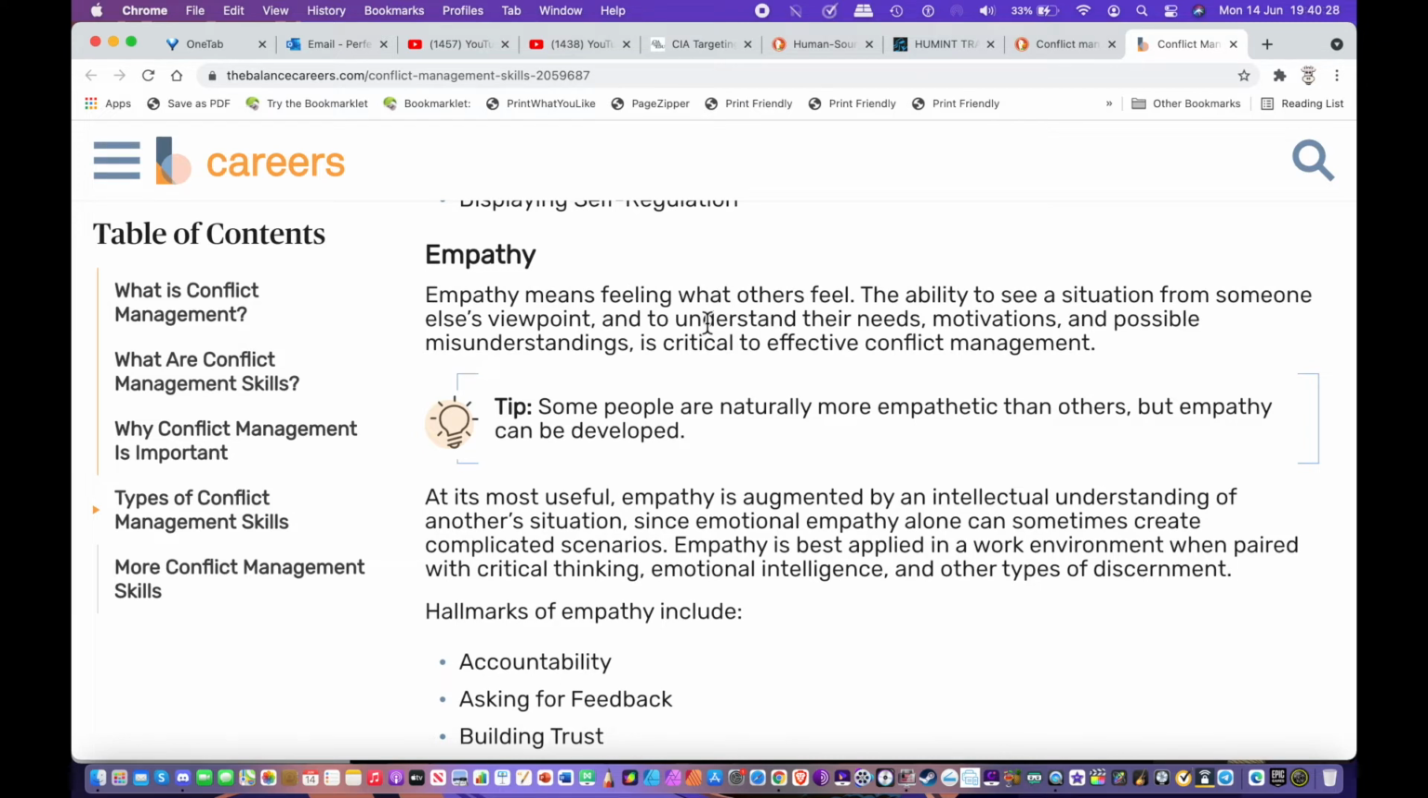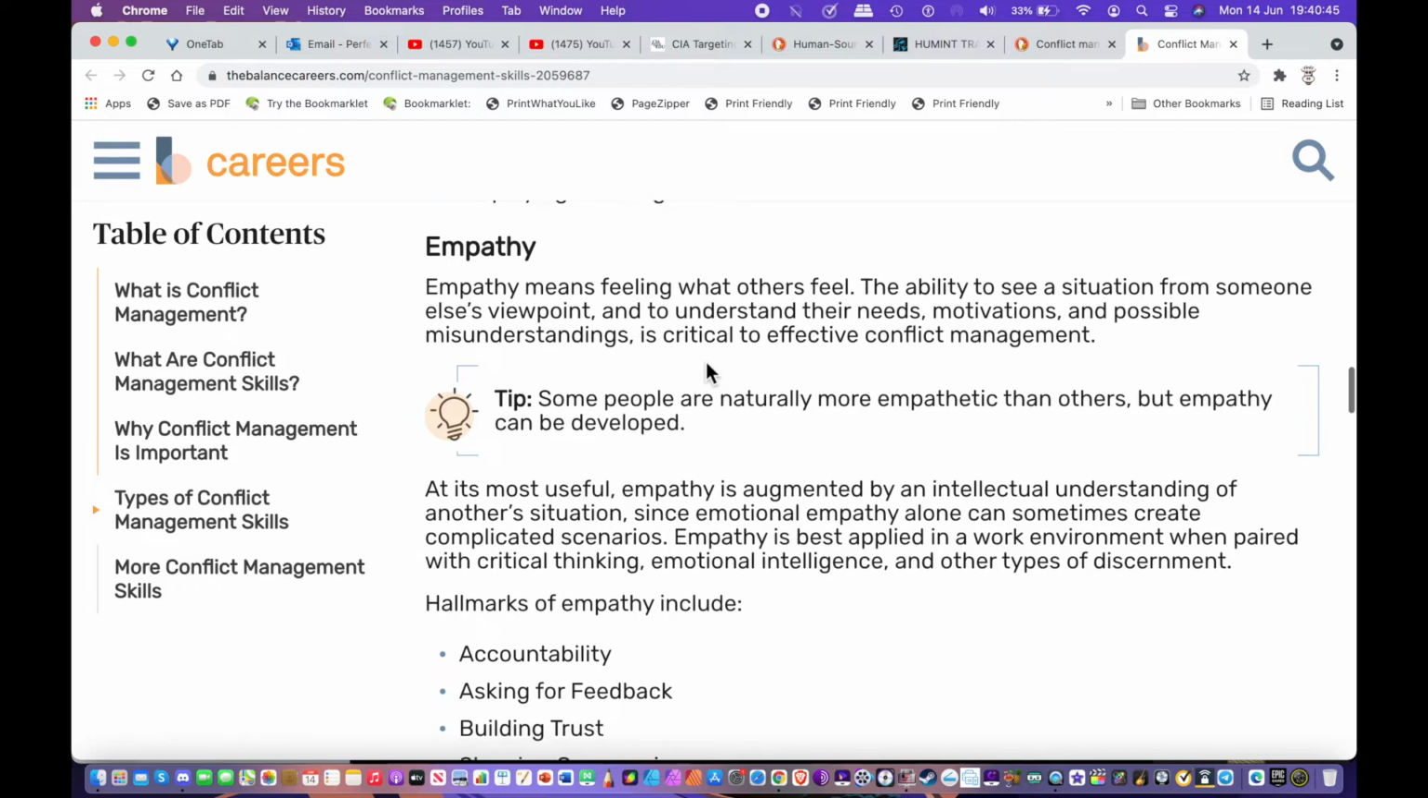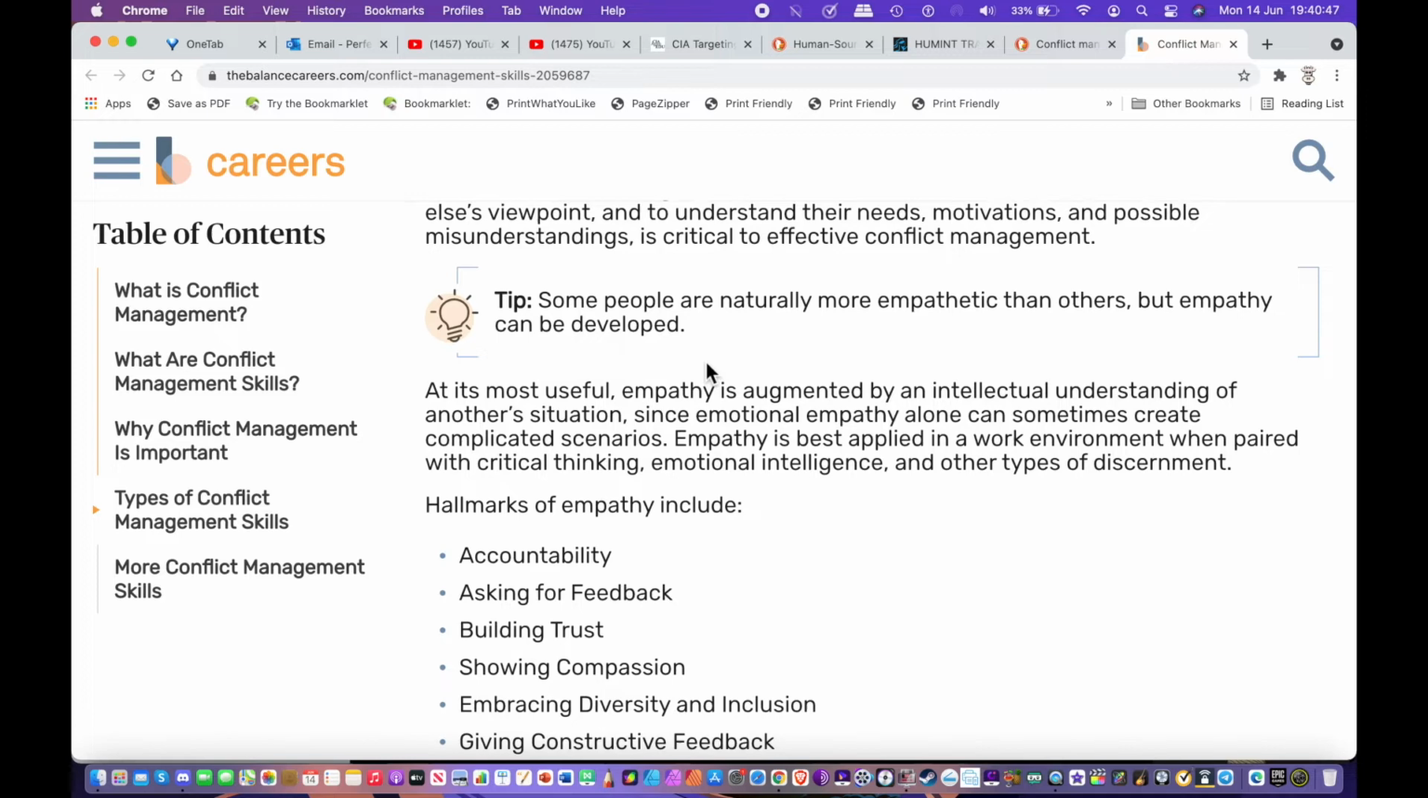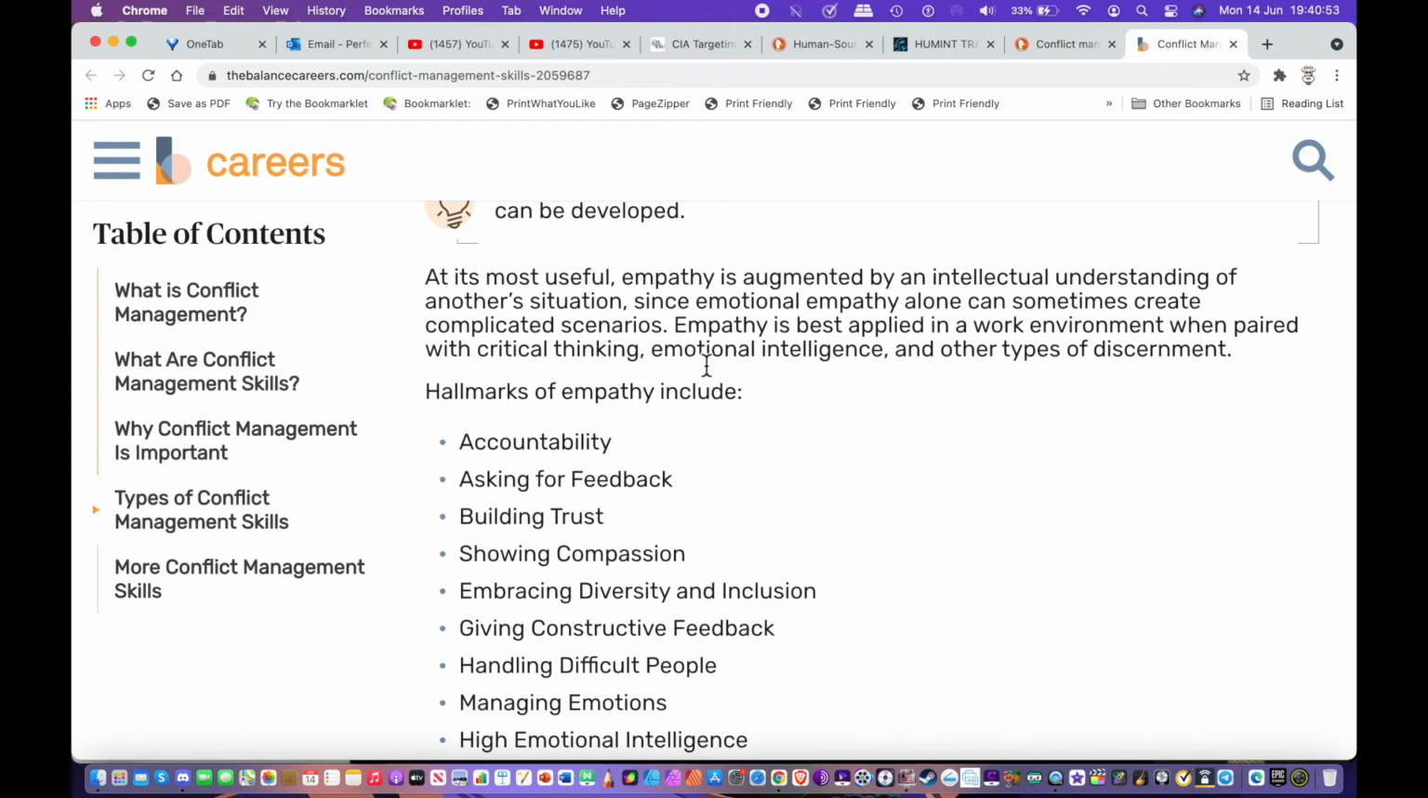Empathy. Empathy means feeling what others feel. The ability to see a situation from someone else's viewpoint and to understand their needs, motivations, and possible misunderstandings is critical in effective conflict management. Some people are naturally more empathetic than others, but empathy can be developed. At its most useful, empathy is